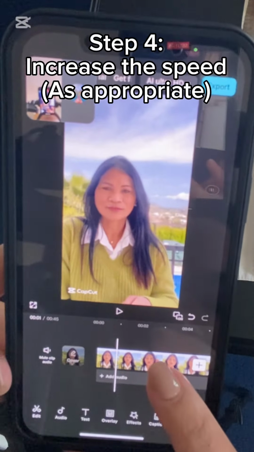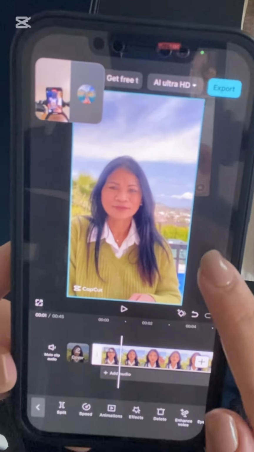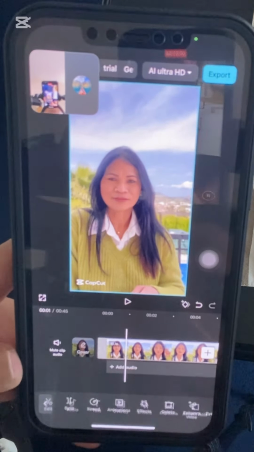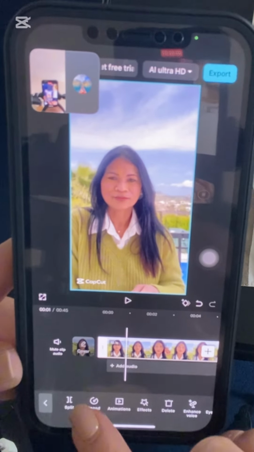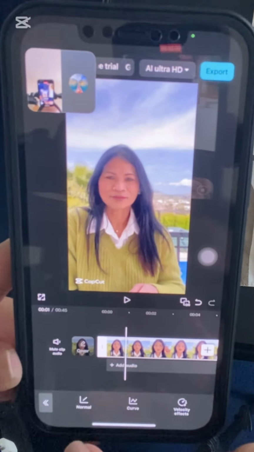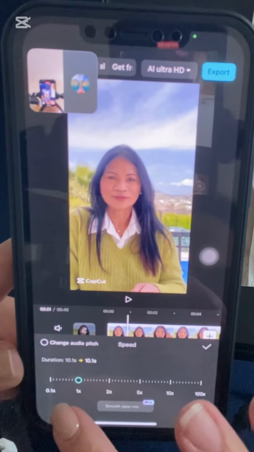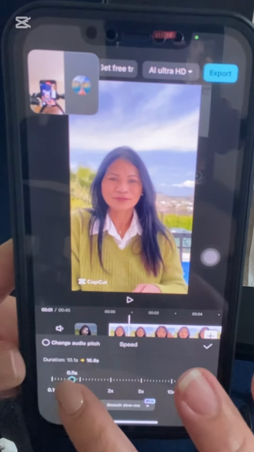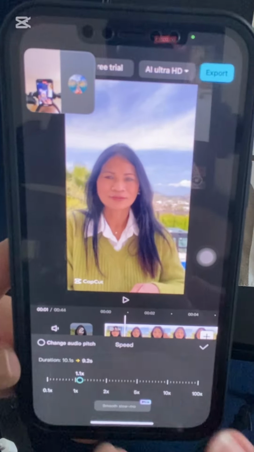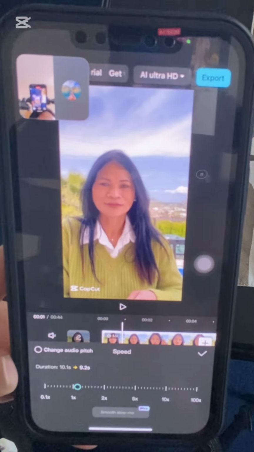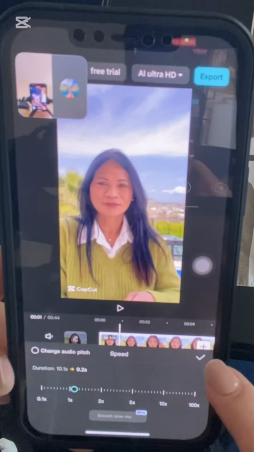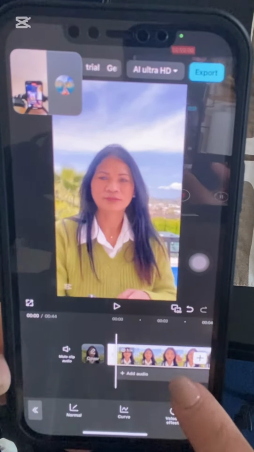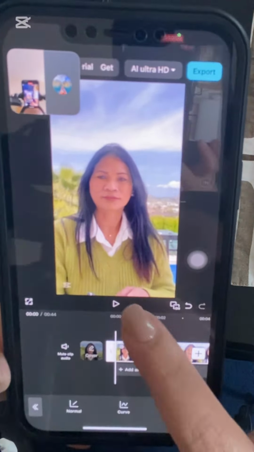The next thing is we're gonna increase the speed. To find that speed option, just click the video and then click the speed at the bottom beside the split, okay? And then usually just take the normal option and increase it up to 1.1. The maximum that I have used so far in editing a normal video is up to 1.2. So you can just check your preference if the video sounds better, or not fast enough or too fast, then you have to adjust it accordingly.